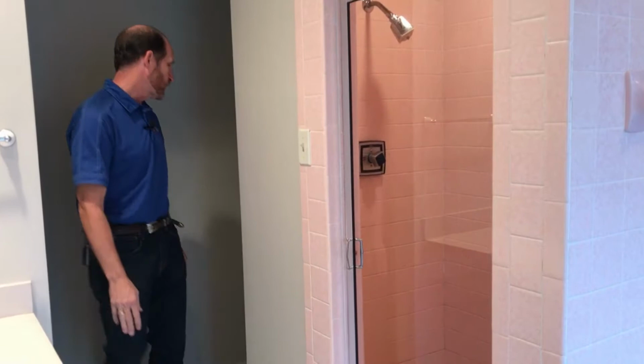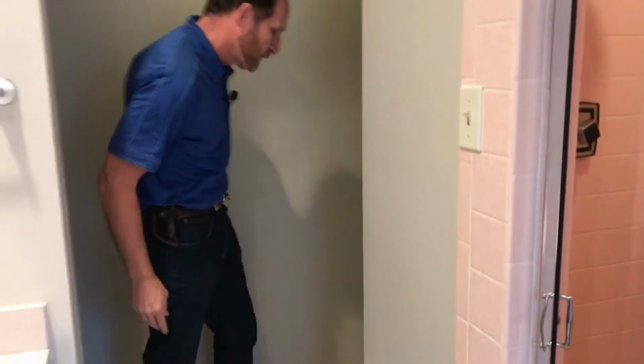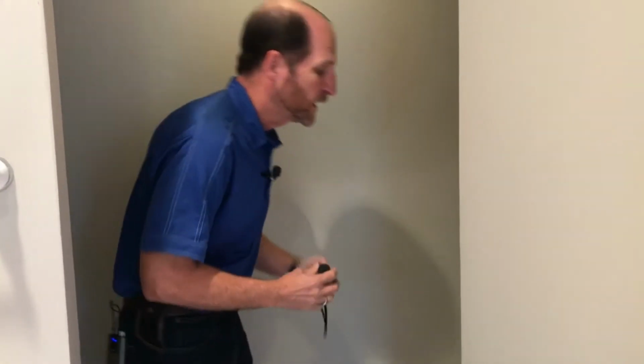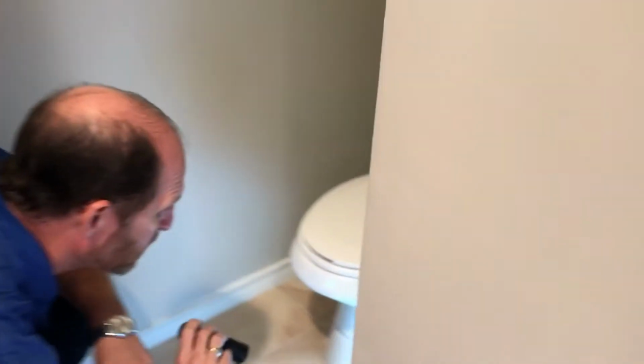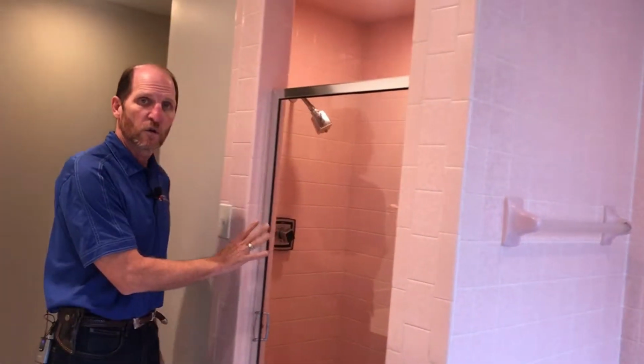We're also going to look on the other sides of the wall. We're looking for, again, evidence of any kind of leakage. So is there any moisture damage on the baseboards adjacent to the shower? Everything looks good. Now we want to check the door, make sure that it opens and closes and latches properly,